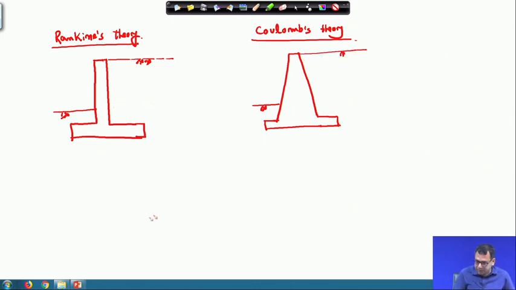And when we are talking about Rankine and Coulomb, first we will discuss Rankine's theory. Now, you first check whether you can apply Rankine theory or not. In the figure also I have shown that there is a line, and in this case this angle is, oh sorry, this will go from here.